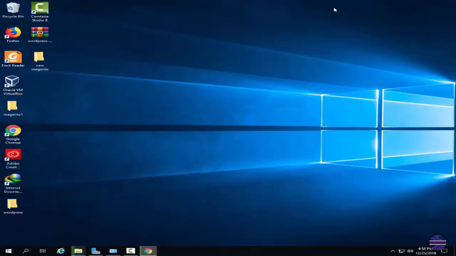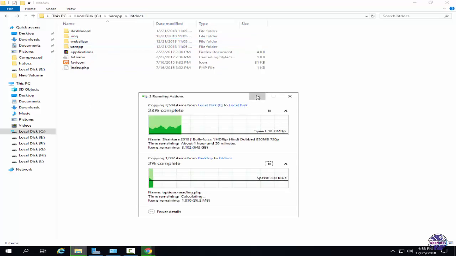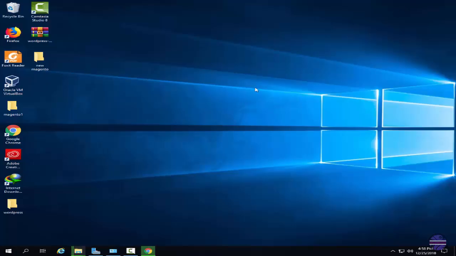As I already downloaded it, extract it and copy this file into the XAMPP htdocs folder. While this is being copied, so what I will do,